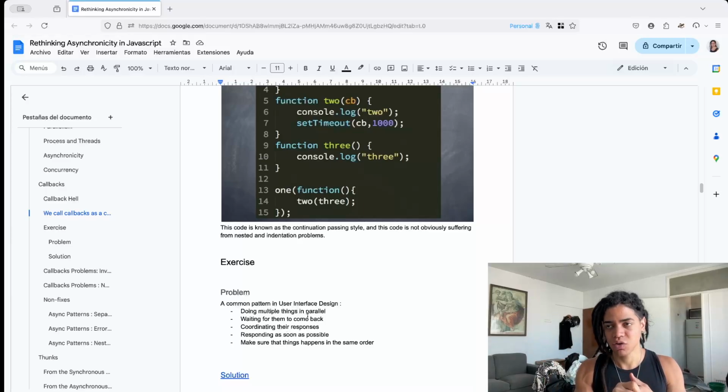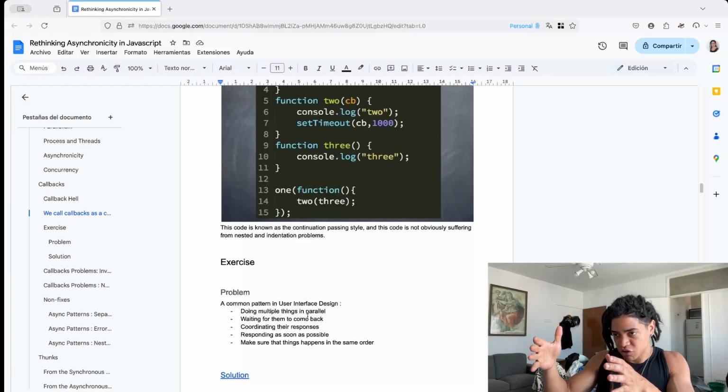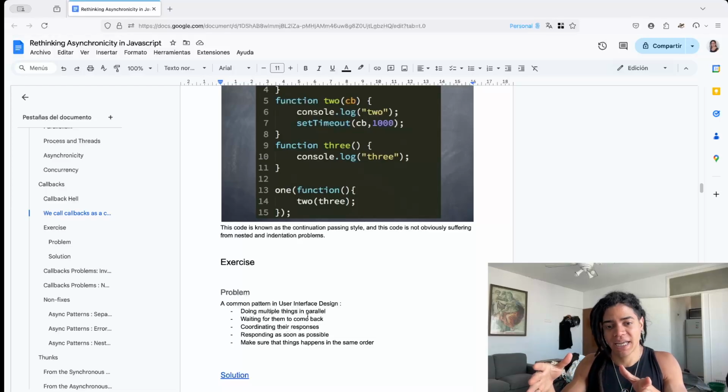So for example, you have to make multiple requests. It's like, hey, I want you to fetch these CSS files, as well as its fonts, as well as the analytics scripts, as well as the HTML elements from the home page, right? Because you want to fetch all of these elements in parallel, you also need to wait for them to come back, process them, or coordinate the response, respond accordingly, respond as soon as possible, and find a way to provide an order